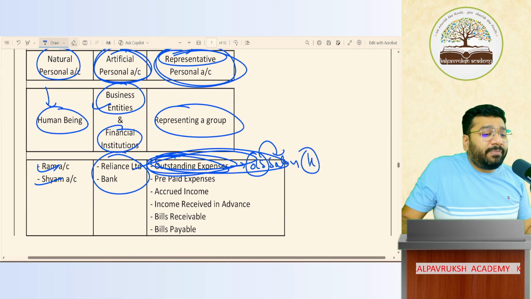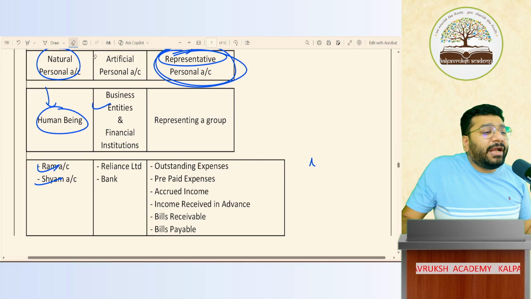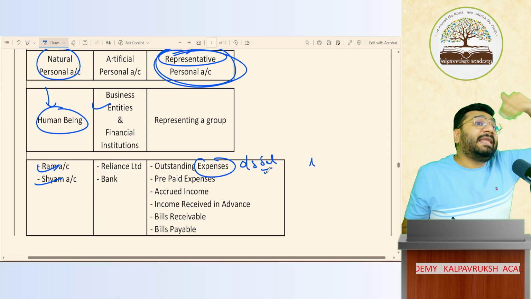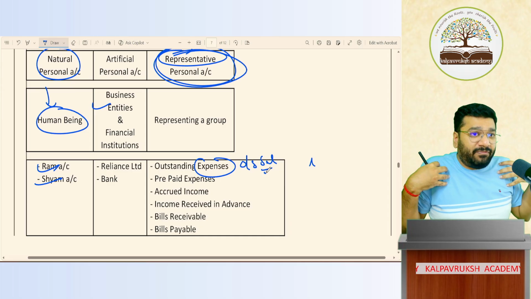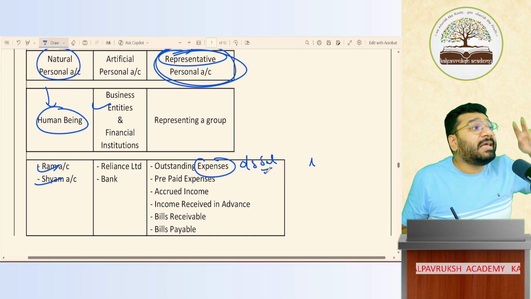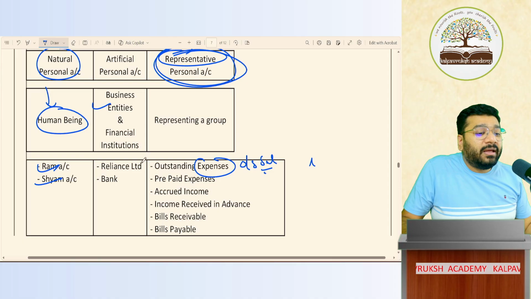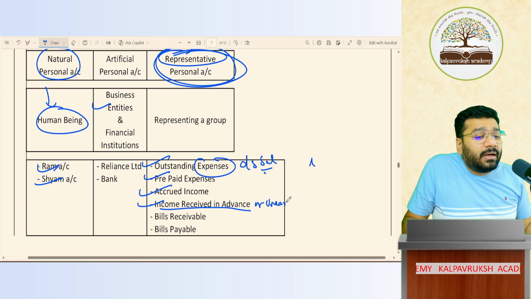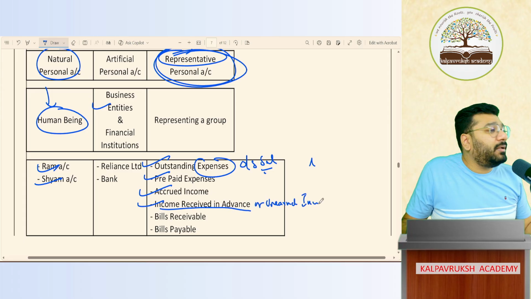So under representative personal account, what all will come? Any kind of outstanding expenses. Outstanding salary is just one example of outstanding expenses. Any expenses for which you have enjoyed the benefit but not paid are called outstanding expenses. Like that, prepaid expense will come, accrued income will come, income received in advance, also called unearned income, then